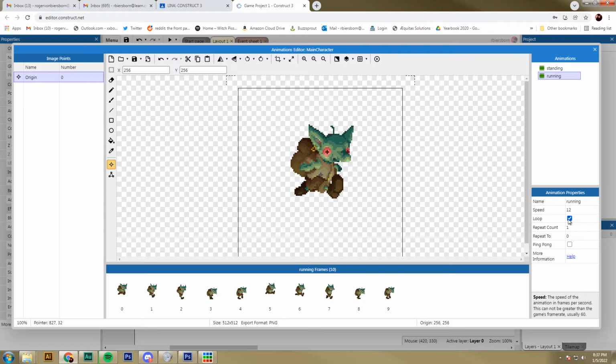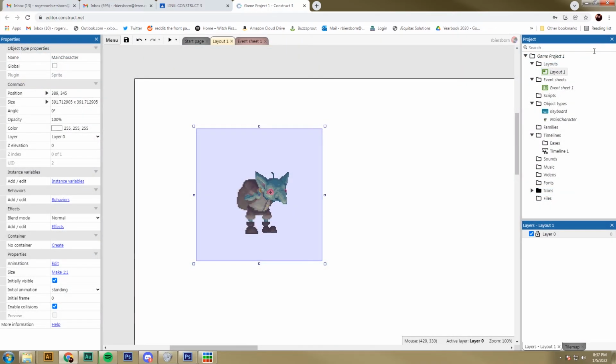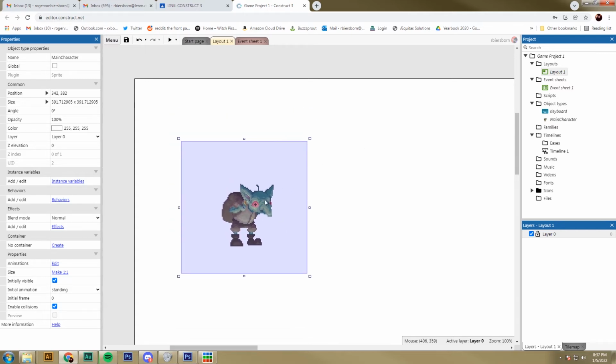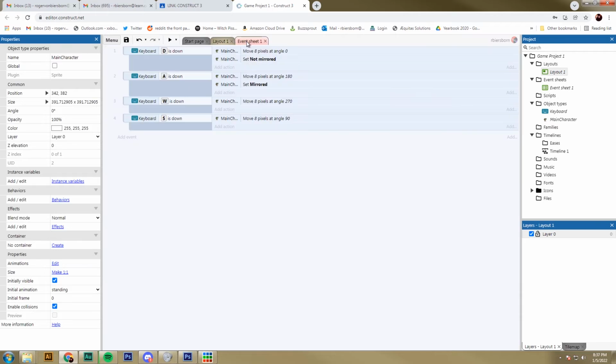Good. Once you have loop clicked and the speed correct, go ahead and close it. And now we have 2 animations in this character. What I'm going to do now is go back over to my event sheet. I'm going to have it so whenever my player is pressing down a key on the keyboard,